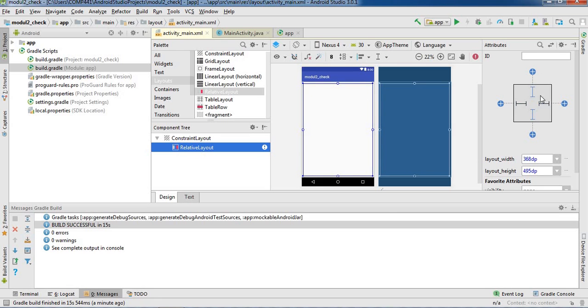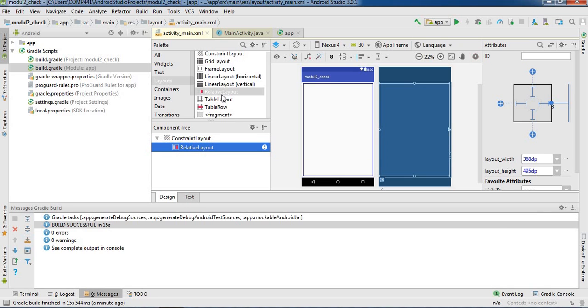Okay, so this is a relative layout, and it is by default in a zero format. That's why we are going to use this relative layout. But it also depends on the versions. Newer versions don't have the relative layout. You have to work in a constraint layout directly.